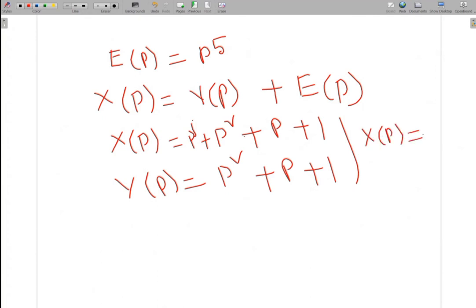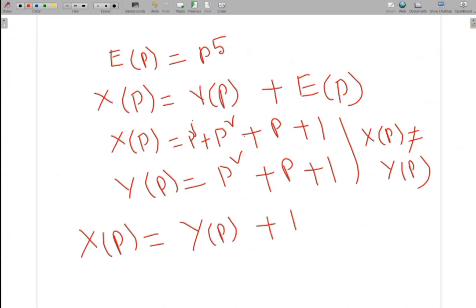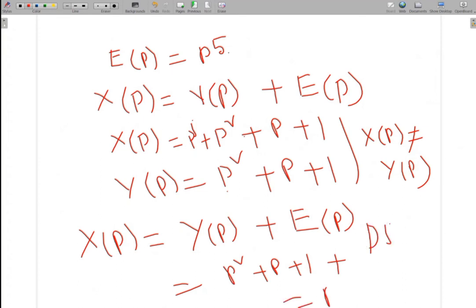X of P is not equal to Y of P. How to correct this error? X of P is equal to Y of P plus E of P. Y of P is equal to P square plus P plus 1, but E of P is P power 5. Therefore, P power 5 plus P square plus P plus 1. This is the actual